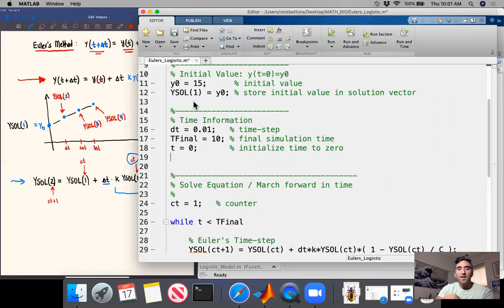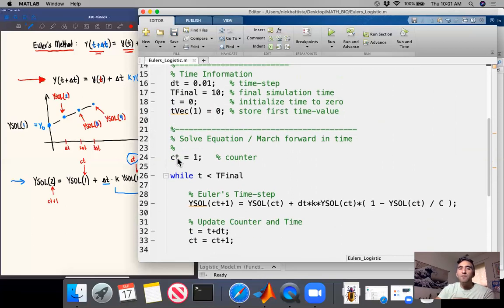So up here, where we initialize time at 0, we can say this is tvec of 1 is equal to 0. And I'll say store first time value. And every time we do a t plus delta t, we'll just store that new time in our solution value as well. So down here,